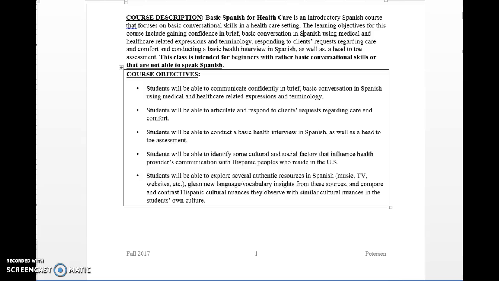Students will be able to identify some cultural and social factors that influence health providers' communication with Hispanic peoples who reside in the U.S., and you'll be able to explore several authentic resources in Spanish in order to glean new vocabulary and language from these sources,